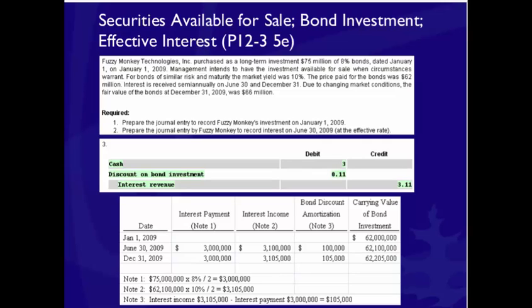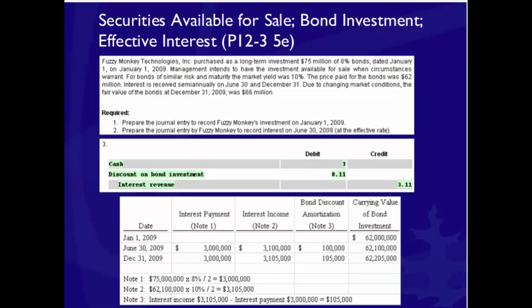And in this one, what we see is an entry very similar to the one before it, only now the notes that you see on the bottom of the screen relate to the December 31st, 2009 interest payment. So once again, we're expected to receive $3 million in cash, so we debit cash for $3 million. This time when we calculate the discount on bond investment, we take the carrying value as of June 30th, which was $62,100,000,